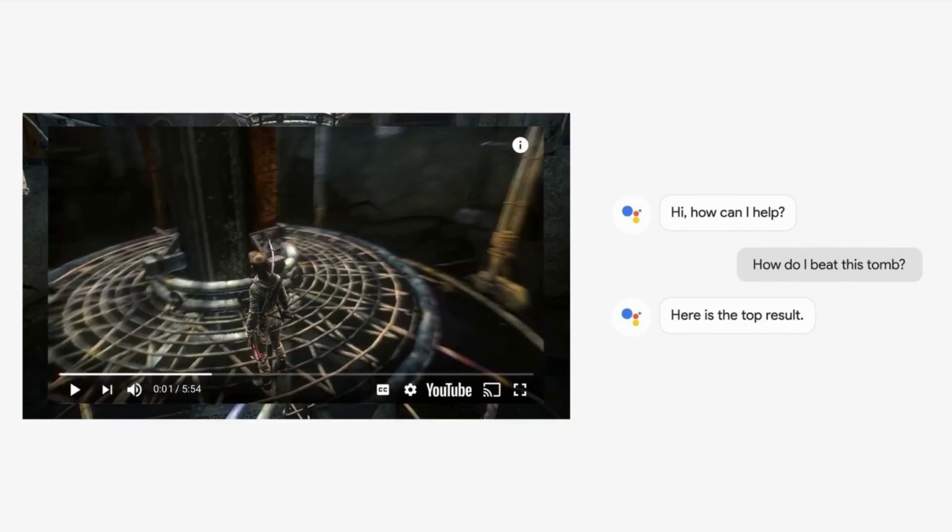Now, this doesn't seem that important or that intuitive, but just take a second and step back and understand what had to happen here, right? You're playing a video game, you're in stream, okay, in Stadia. You ask the assistant for help. The assistant has to do a couple of things, right? So it knows what game you're playing. Let's just say it's Rise of the Tomb Raider. It knows that much. But how does it know where you are in the game,